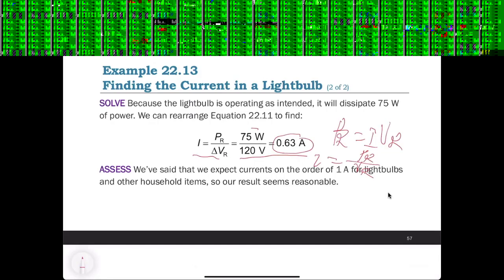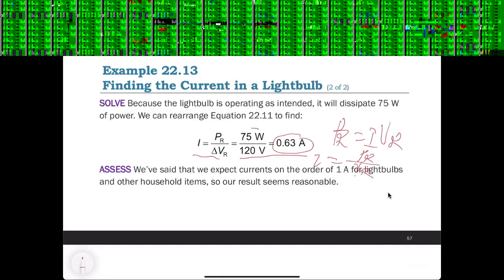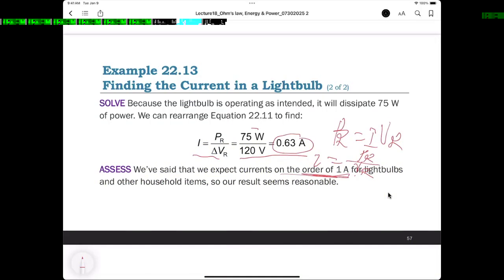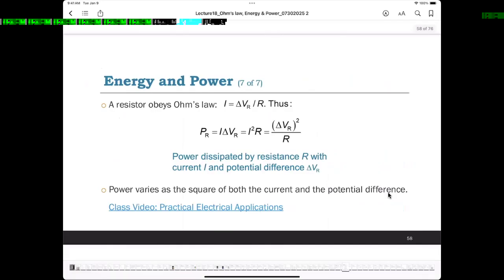We've said that we expect the current to be on the order of 1 amp for a light bulb and other household items, so our result seems reasonable. We talked about this earlier in this class. Okay, let's continue to talk about energy and